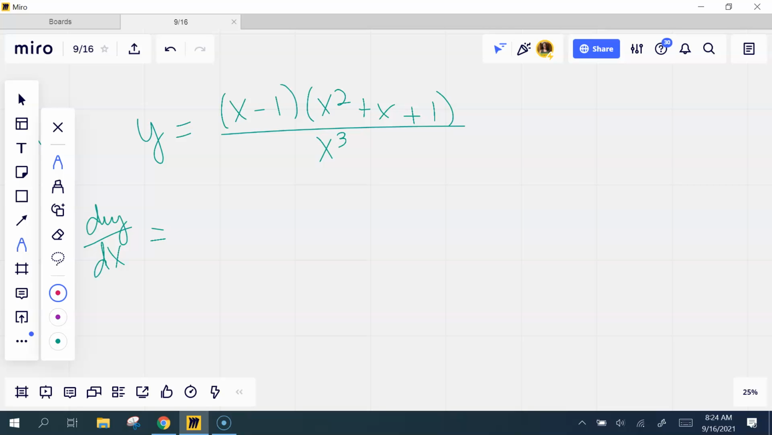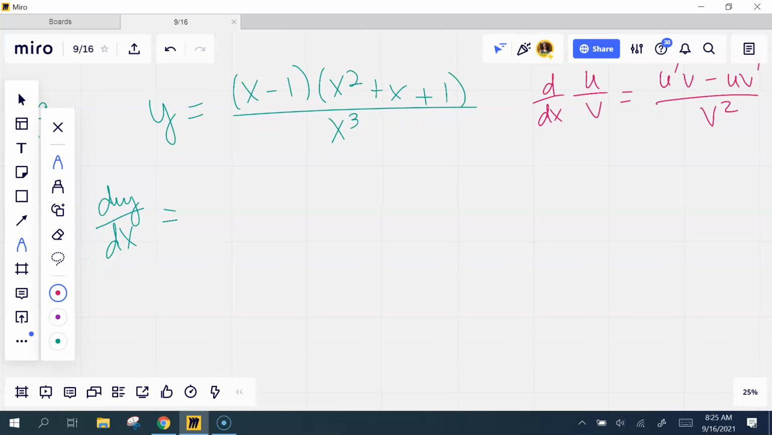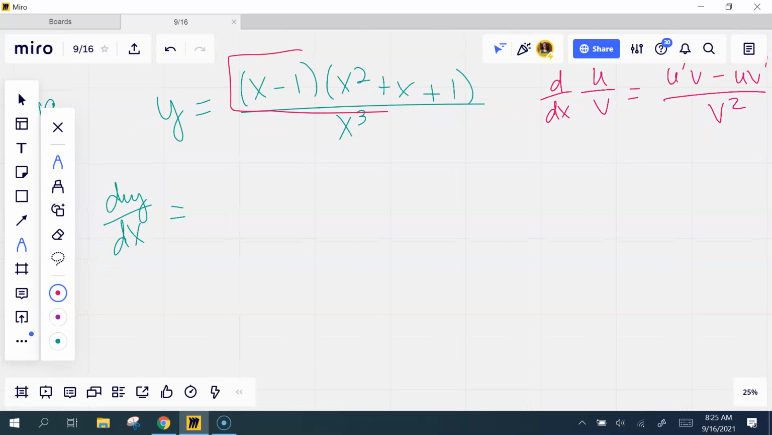Remember the quotient rule. If you have u over v, it says we do the derivative of the top times the bottom minus the top times the derivative of the bottom, all over the bottom squared. So d dx. All right, derivative of the top is going to be your hardest part of this entire problem. So derivative of the top, well, if I want to take the derivative of this, I have to do the